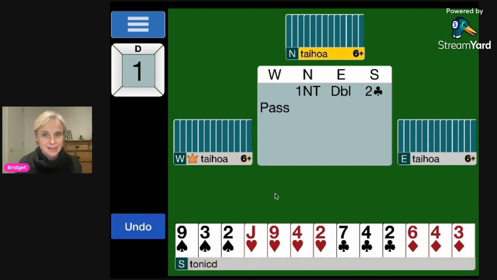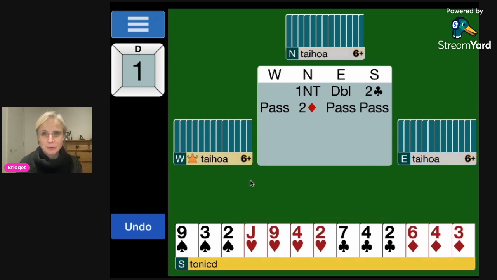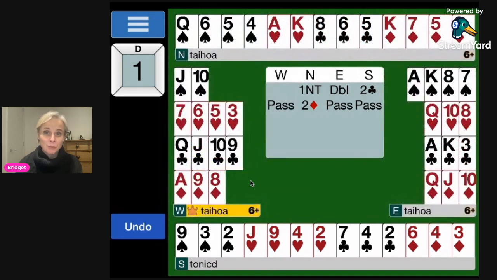Your partner may pass that with 4, maybe 3, which wouldn't be great, but not terrible. And then 2 diamonds. That's great. You've got 3 of them. That's going to be better than where you may have ended up, one no trump doubled. And once more, you can see the opponents are probably likely to come in and find their own contract here. In summary,